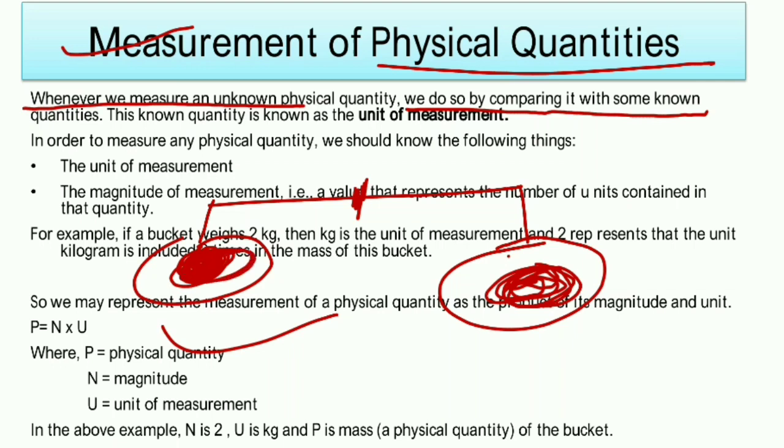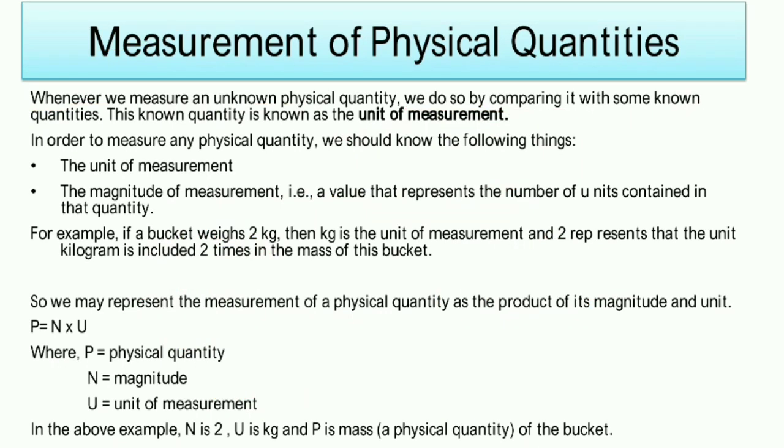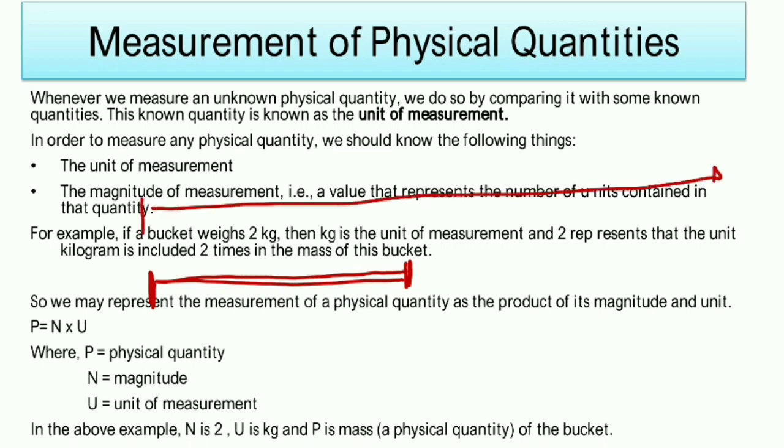and this known quantity of the thing is known as the unit. What? Unit of the measurement. That known quantity is known as the unit of the measurement. One more example we are going to take. Suppose that you are going to purchase cloth. Then what does the shopkeeper do? They measure the unknown quantity of the cloth with the known fixed quantity. Suppose they use a scale, in which a fixed length is there, and with that they compare the cloth of unknown quantity.